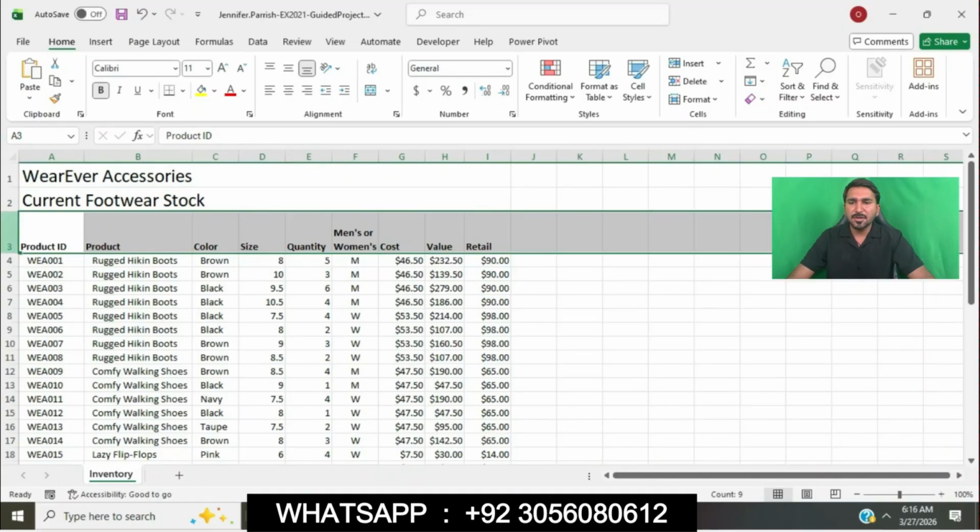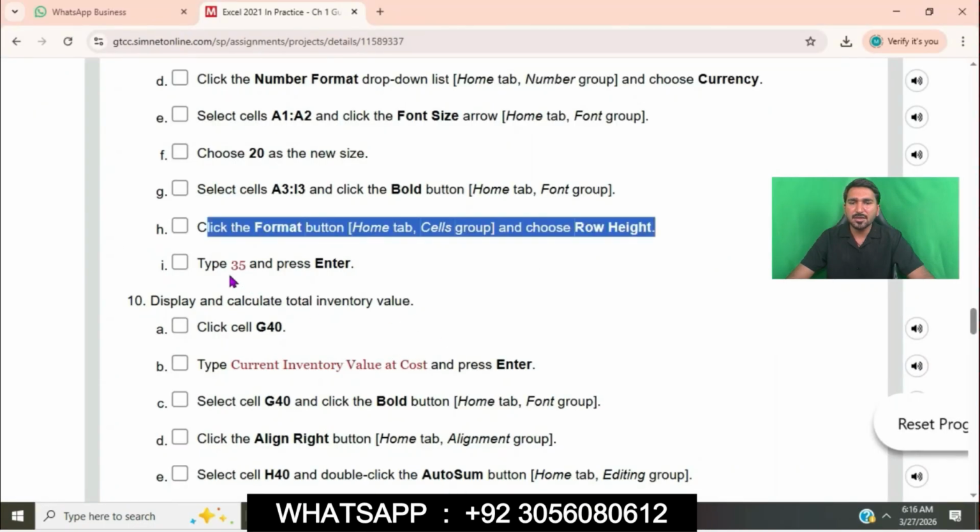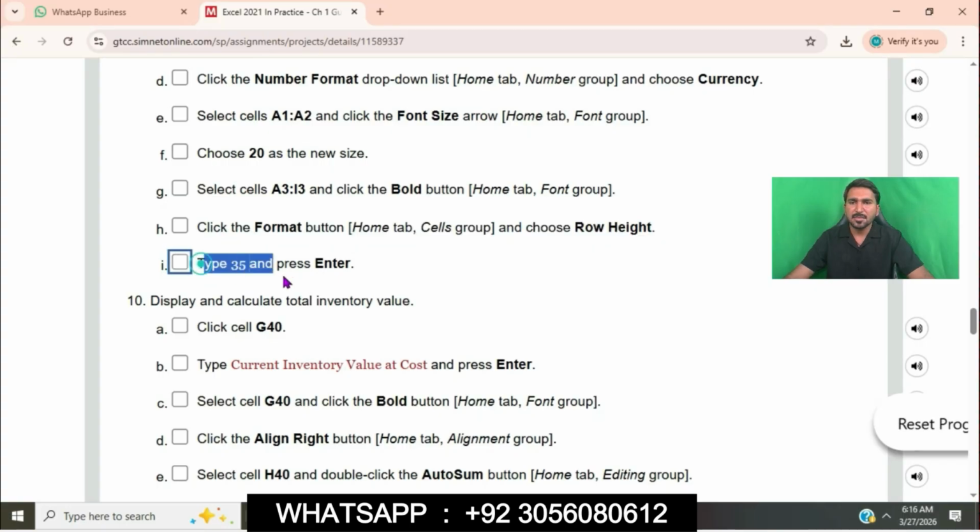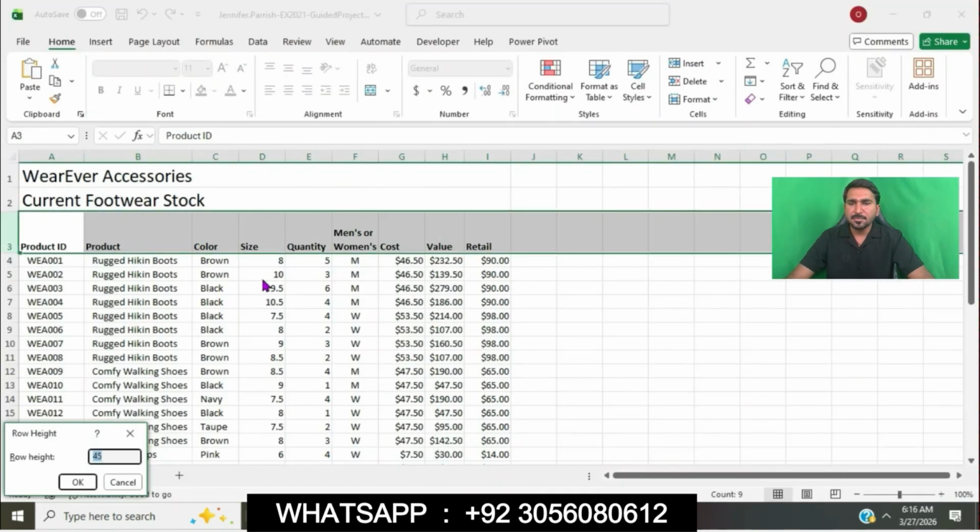Click the Format button and choose Row Height. Right click and choose Row Height. We will apply a row height of 35. Type 35 and press enter.